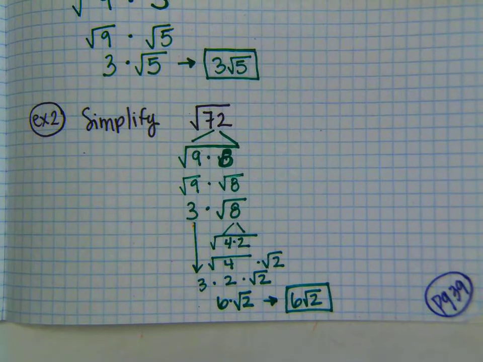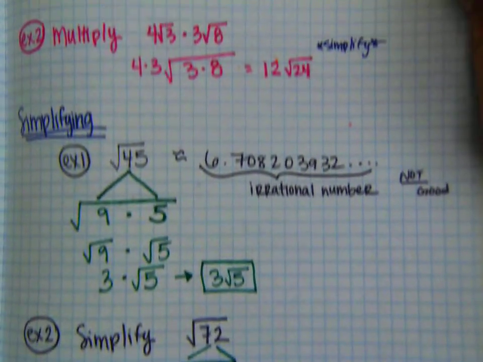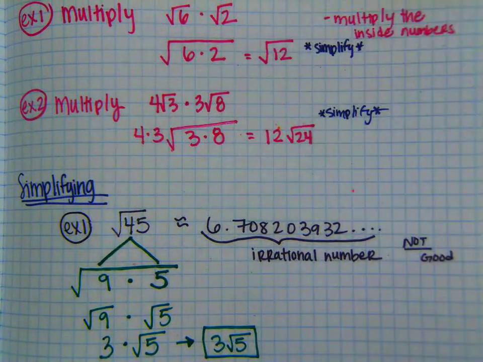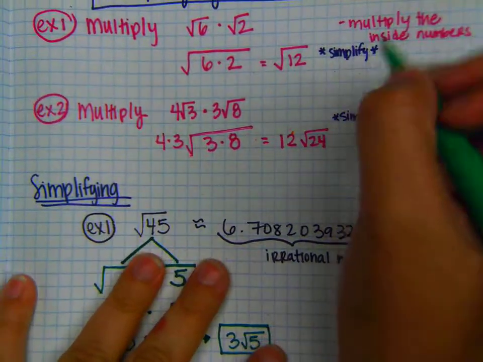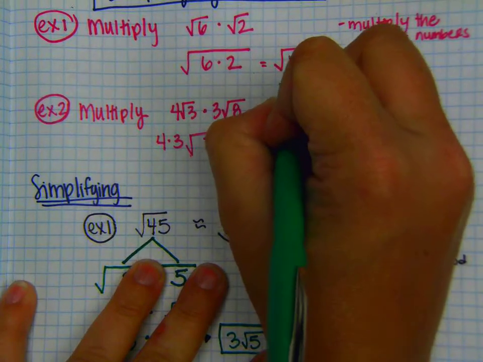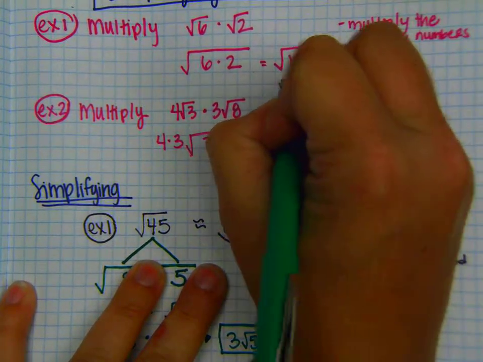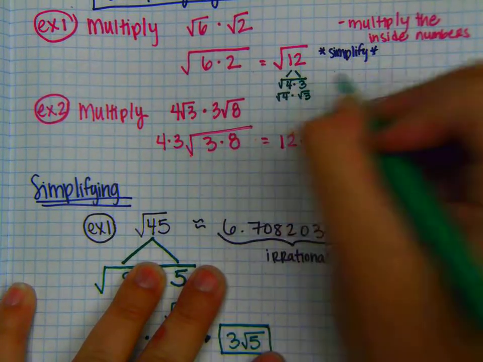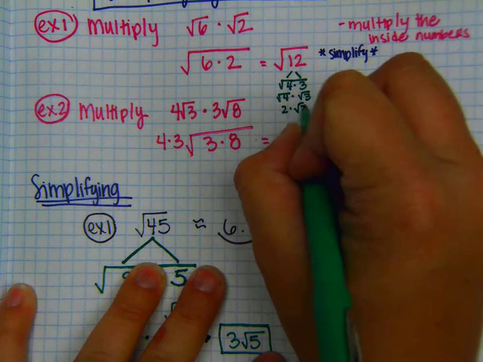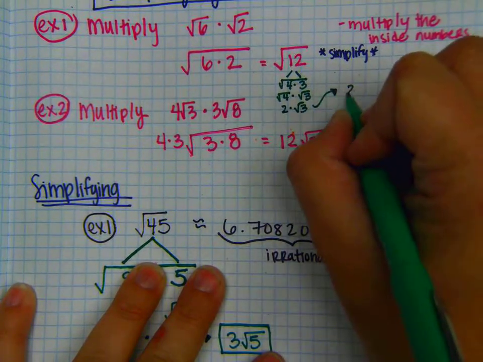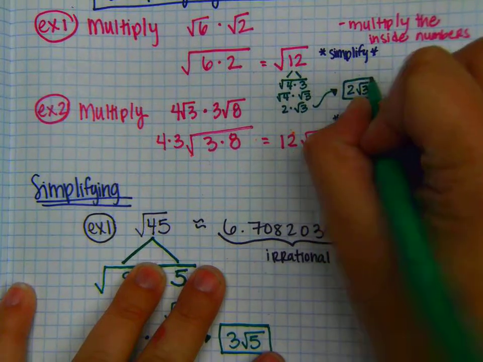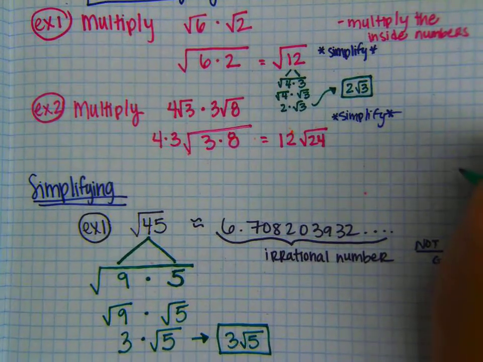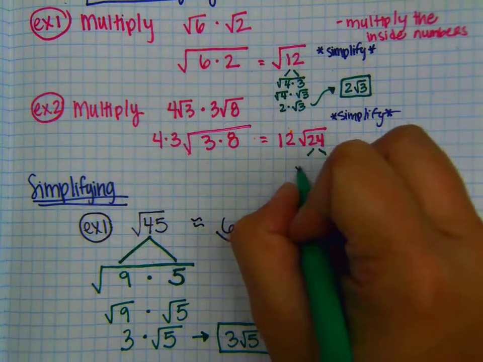So now what I want you to do is go back up to where we put our asterisks, and I want you to simplify both of these, square root of 12 and then 12 root 24. Go ahead and do that. So when I simplify square root of 12, I'm going to break that up into square root of 4 times 3. So square root of 4 times the square root of 3. Well, I know the square root of 4 is 2, times root 3. So written a little bit prettier, we have 2 root 3. And then root 24, let's break that up into 6 times